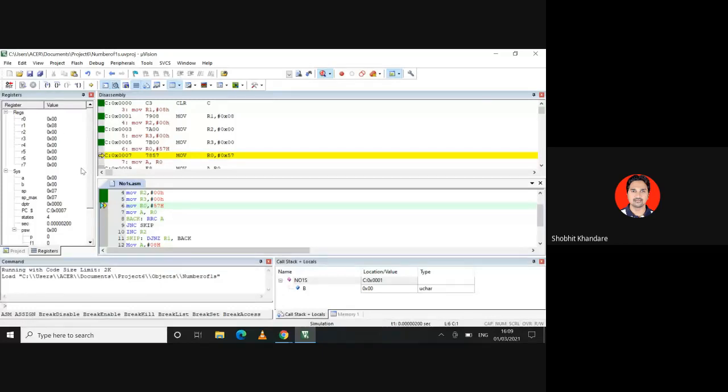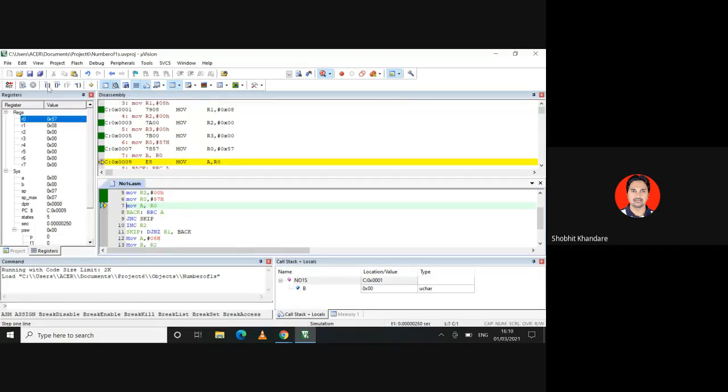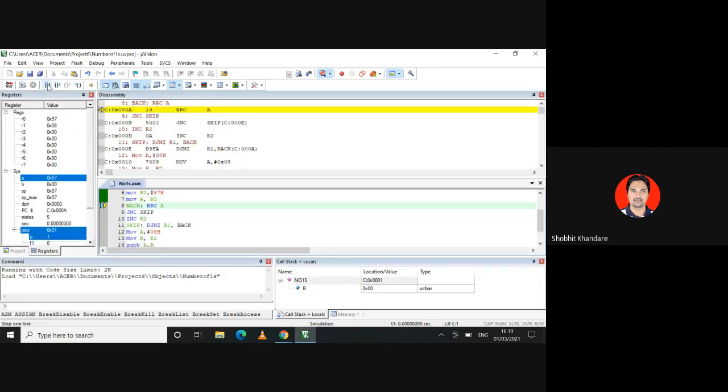Now R0 will have 57. See, R0 is having 57 now. Then you are moving R0 into the accumulator, and the accumulator will have 57.